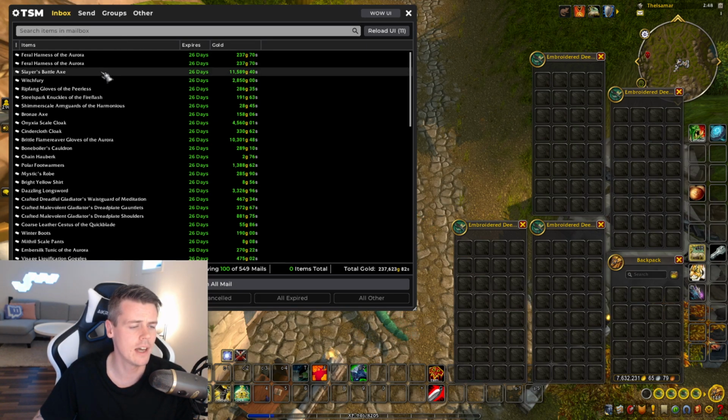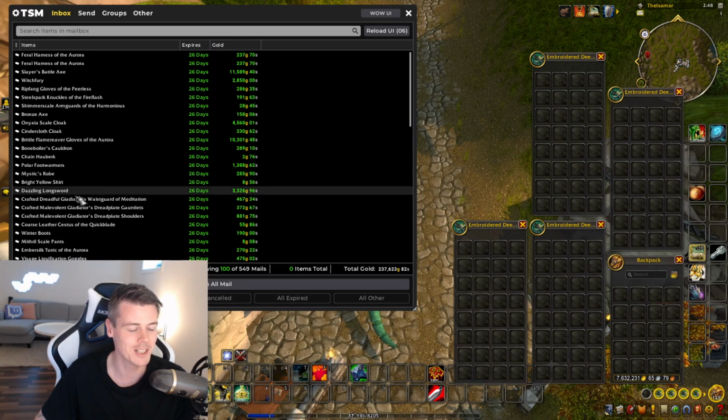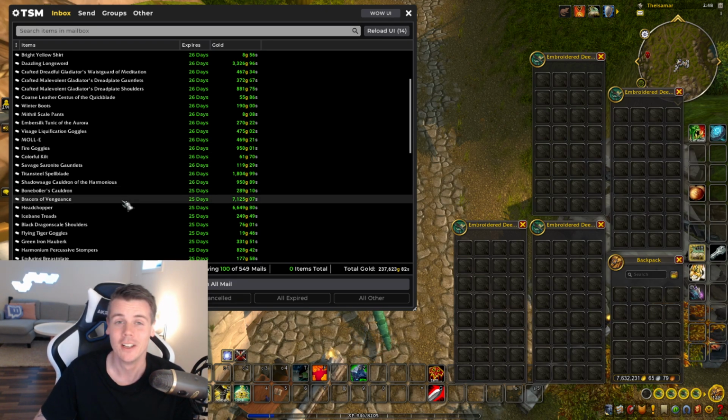Now, Slayer's Battle Axe, that's another removed item. Selling some Idol of Thunder transmog right here. Dazzling Longsword is actually an epic item. It's a horrible price. Now, my Realm Origin on EU is known for having really bad prices because there's so many gold farmers on the realm,